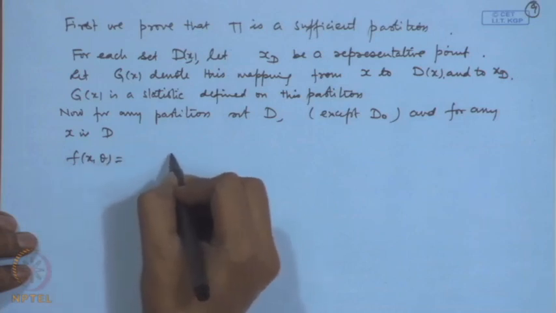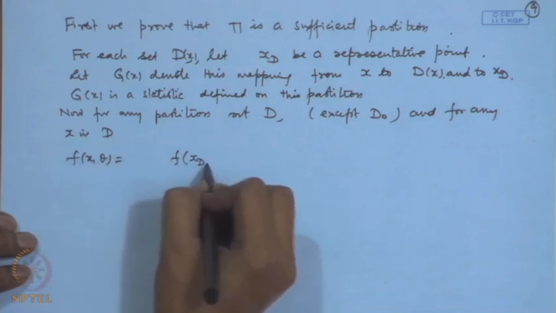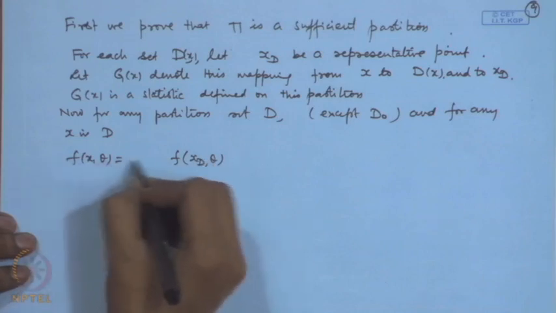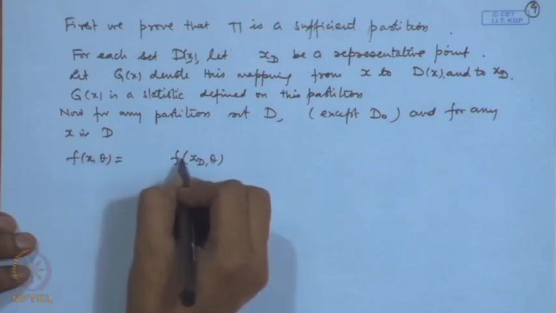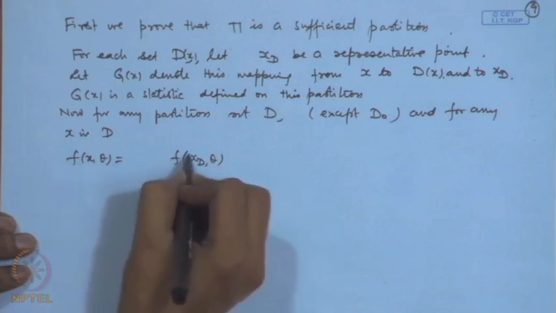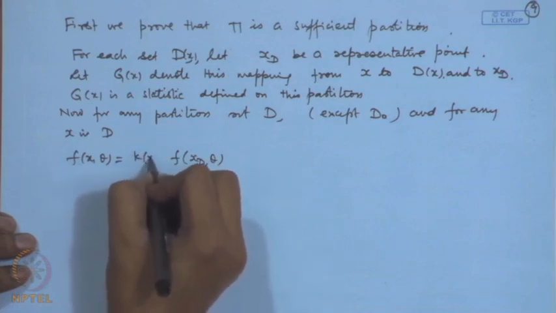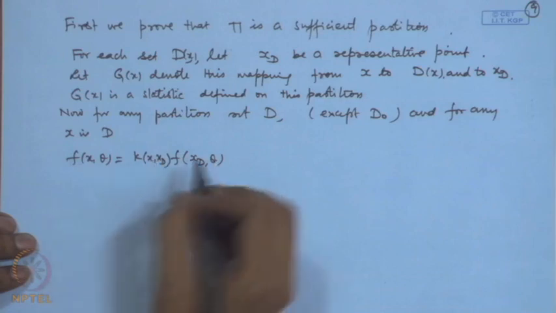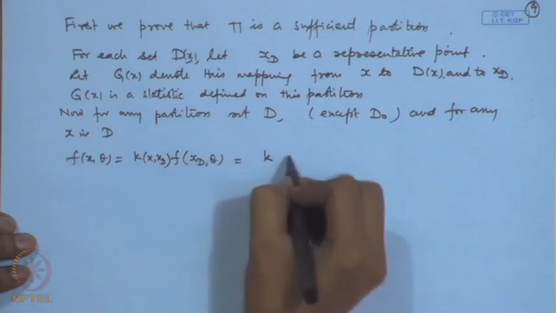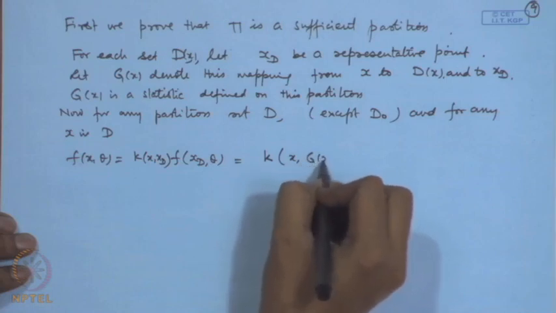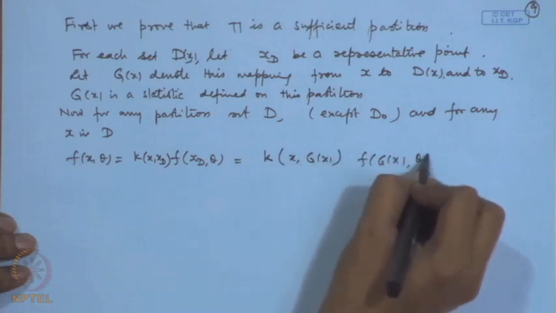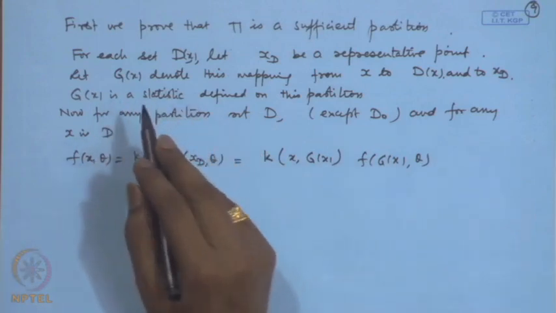So, f(x, theta) divided by f(x_D, theta) is free from the parameter. That means, this is a multiple of f(x_D, theta) by a term which we can say is free from theta, it is a function of x and x_D. So, we can call it a function of x and g(x) and f(g(x), theta). This x_D I am writing as g(x),